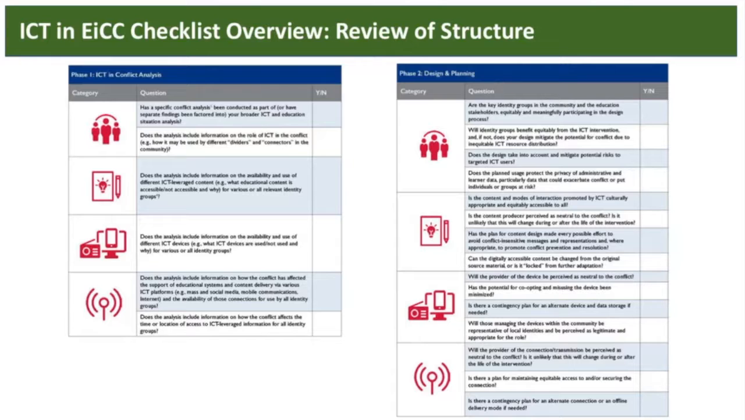So a sample question from the first phase. Let me move over to the right side of the screen. The second phase, this is design and planning. I'm going to scroll down a little bit to the second C, which is content. The top question here is, is the content and modes of interaction promoted by ICT culturally appropriate and equitably accessible to